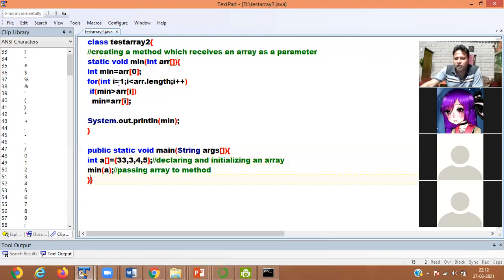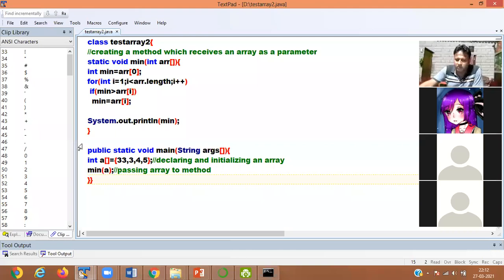If there is a static function, and the static main method is also static, and it is called inside it, then there is no need to create an object of the class. If you want to call a static function inside a static function, there is no need to create an object of the class. So hence here we are not creating the object of the class.